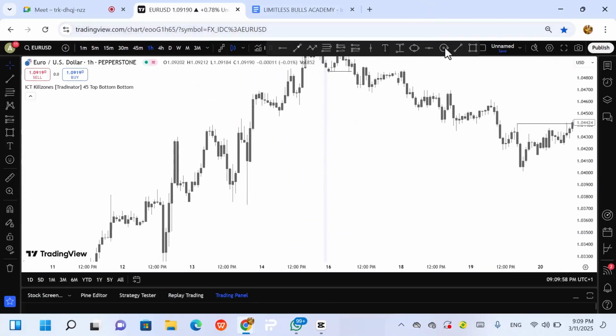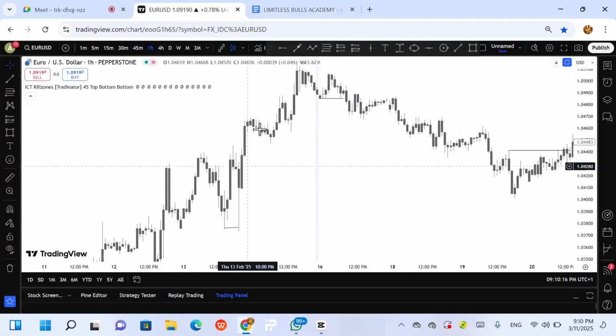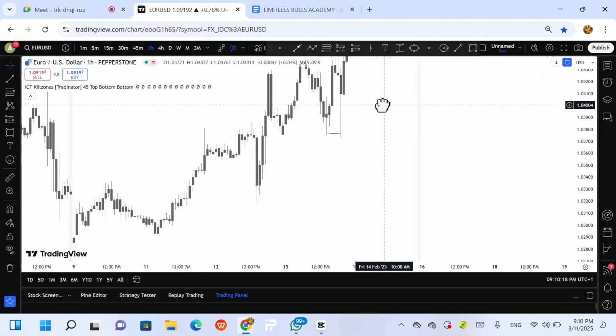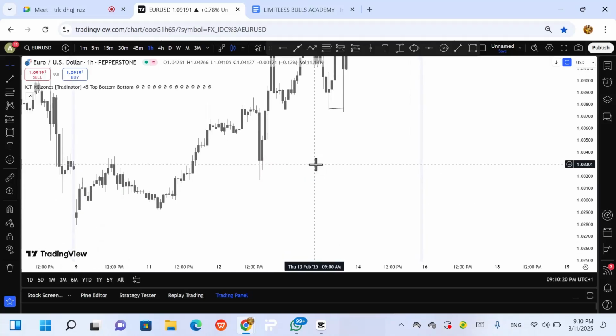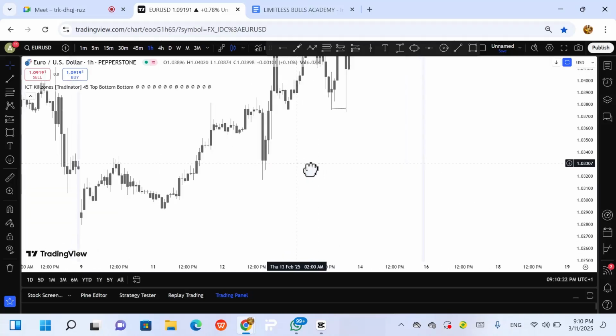So see this now in the market. Imagine you enter the market for buys and you are swinging it, and maybe you have moved to break even. The market came down, hit your break even and cleared this low. You see, this is wickedness, but this is how the market works. So this is manipulation, then this is distribution. After this manipulation, you see, boom, the market starts pulling up. And as well, let me look for others again.